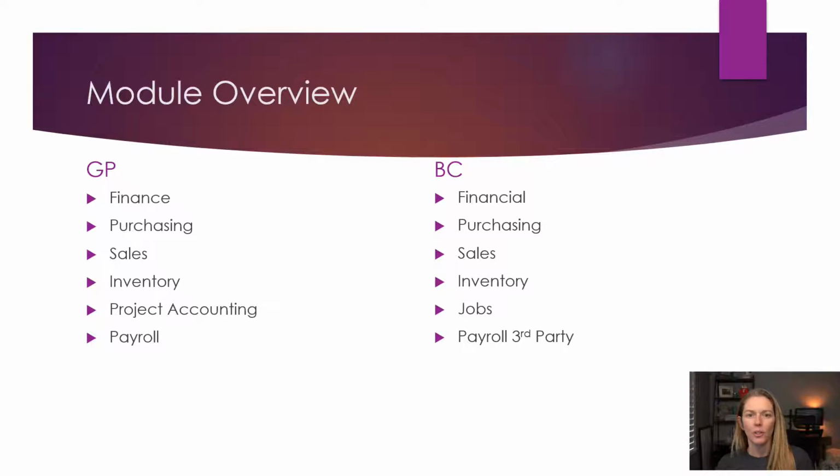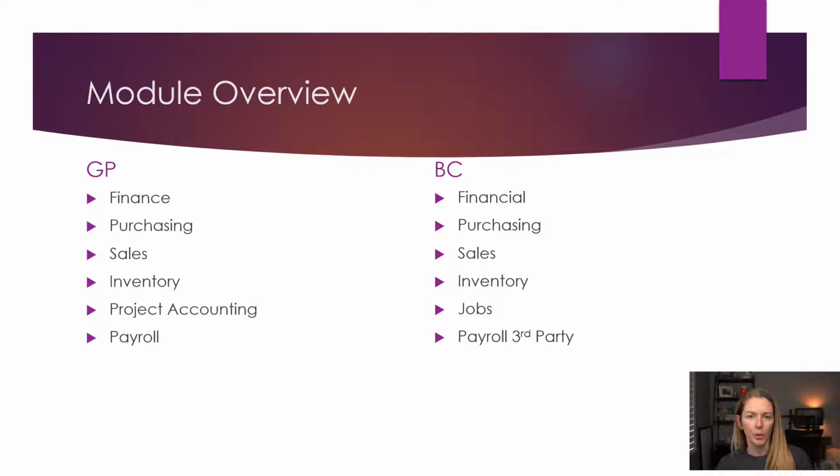You have your budgets and your account schedules and all of that. So that to me seems very similar. And then you get into your purchasing side. So you, of course, in GP have your purchase orders, your receivers, and your regular kind of payables transaction entry. You have the exact same thing in Business Central. I have purchase quotes, which were actually requisitions in GP, but I have quotes available, orders, invoices, and then you